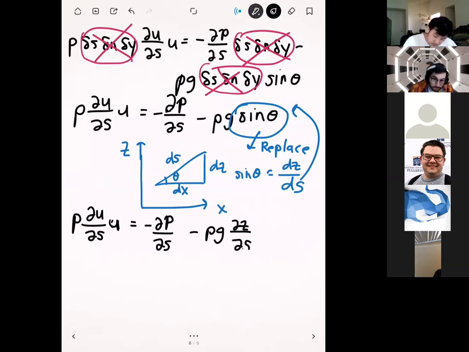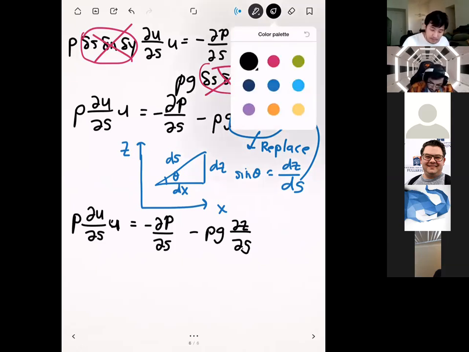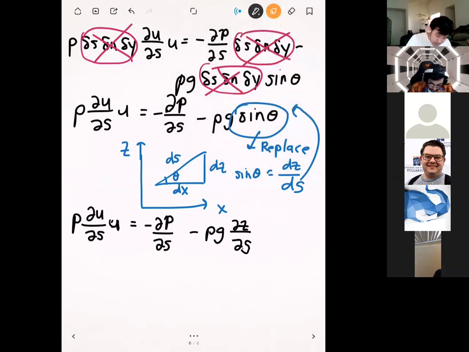Okay. And so you're probably wondering, why did we do that? We had something familiar, which was sine theta, and now we have a derivative which looks kind of scary. But the reason we did that, using orange, is that now we have ds in the denominator here,